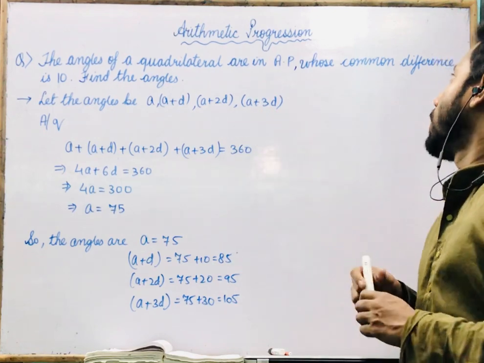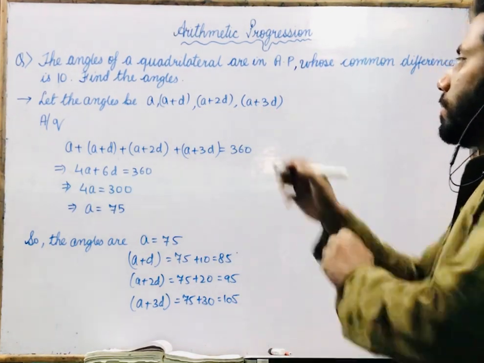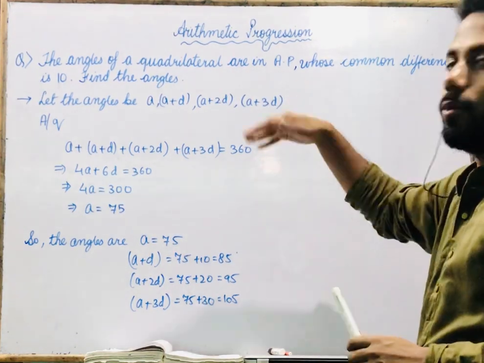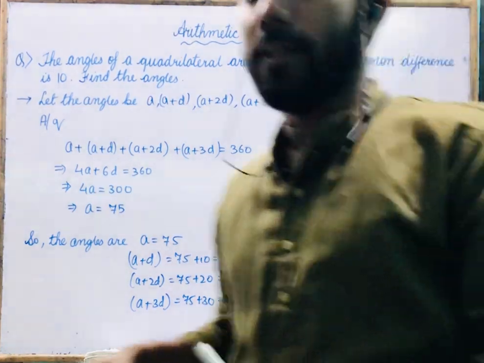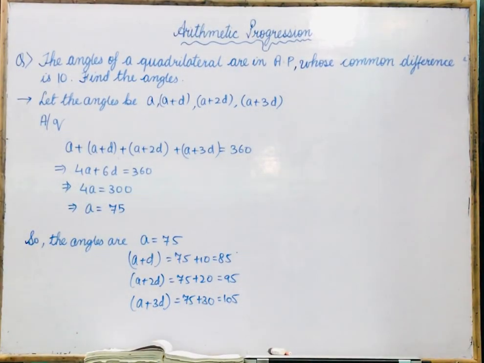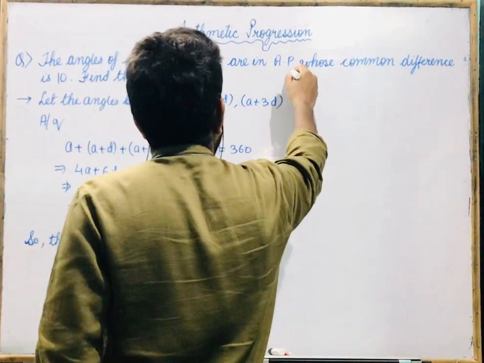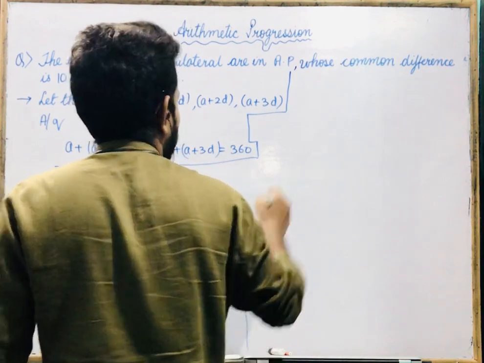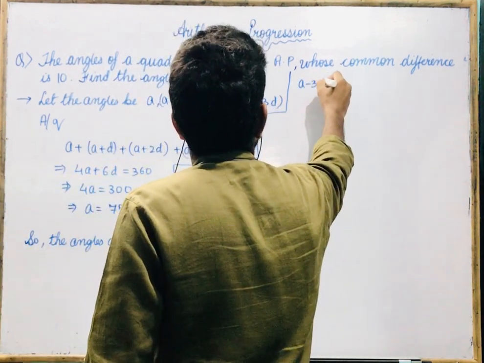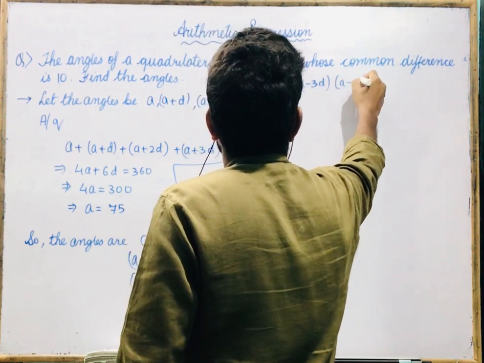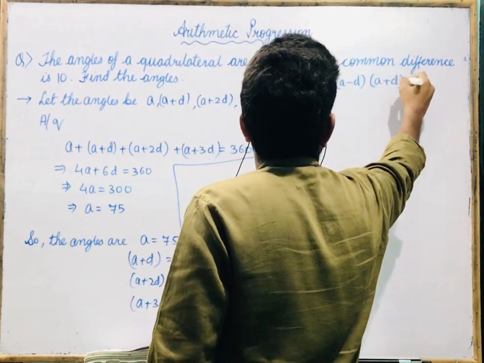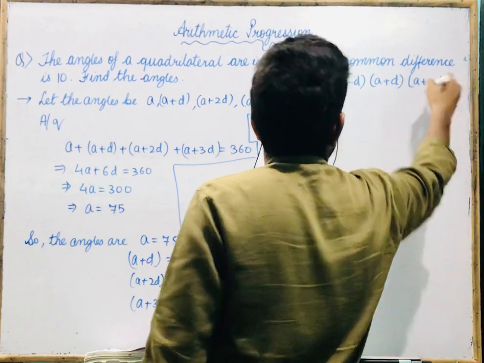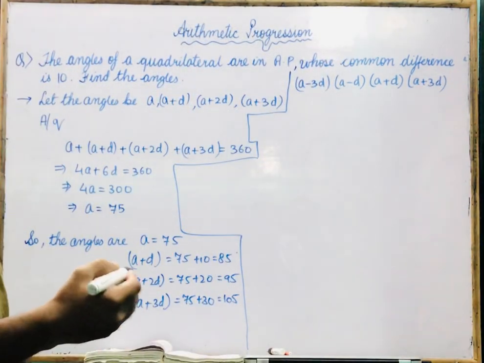Look, let me show you by the process I was showing earlier. This is the process I taught you just now, how to take 4 terms. Those 4 terms were a minus 3d, a minus d. You will be thinking you have to solve this using this form. You think it will be made like this? Yes or no?